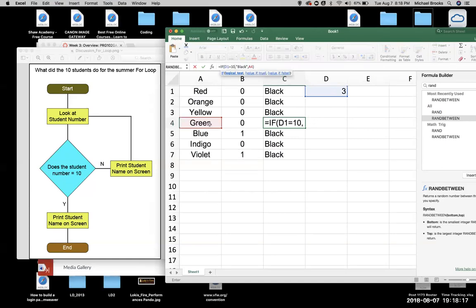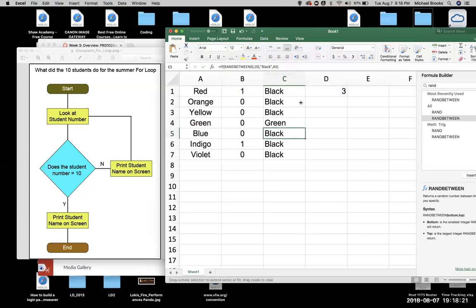Otherwise, green. All right, now I'm going to take that formula and move it up. Well, it all comes out black now, right? Well, this is why. Let's take a look. If D1 equals 10, then black, otherwise green. Well, D1 is 3, right? So this one